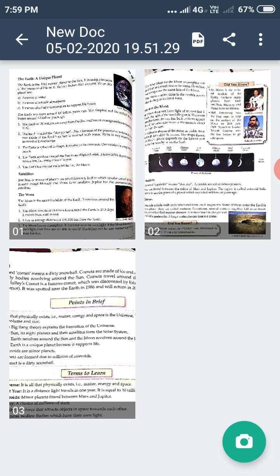The moon does not have its own light, and it reflects the light of the sun falling on it. The moon is smaller than the sun, but both of them appear the same in size when we see them in the sky. Why? Because the moon is closer to us. The moon is closer to the Earth than the sun.